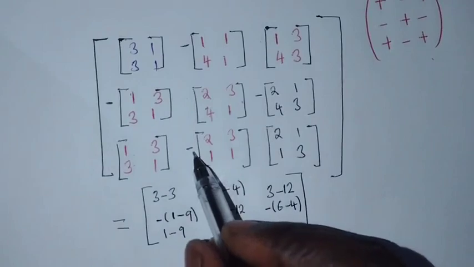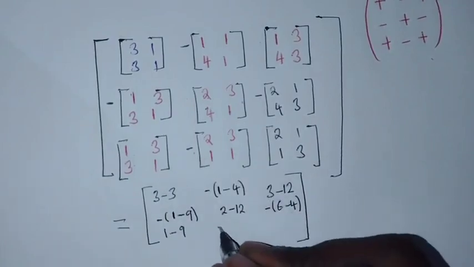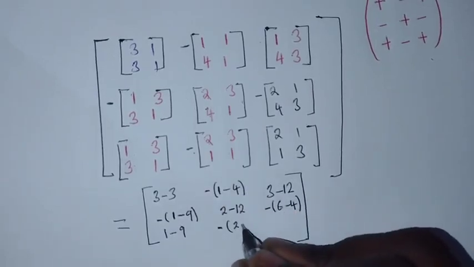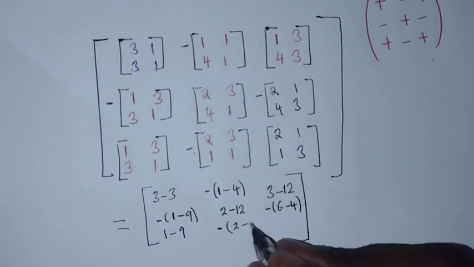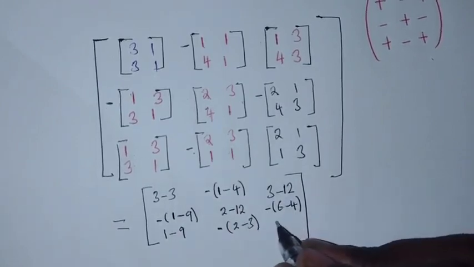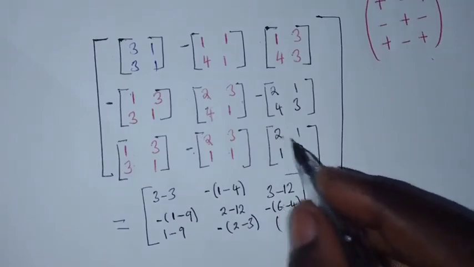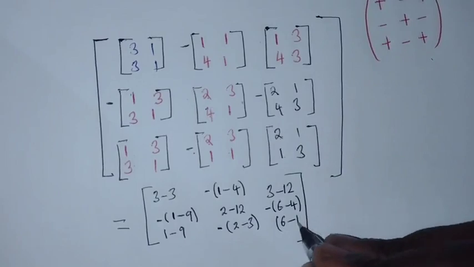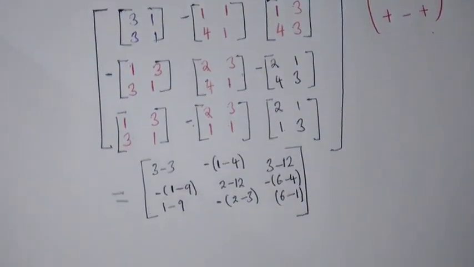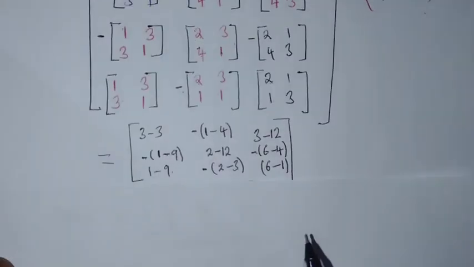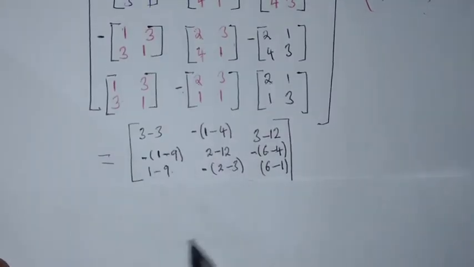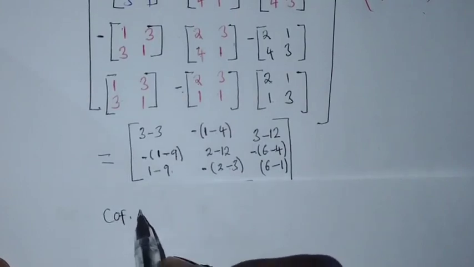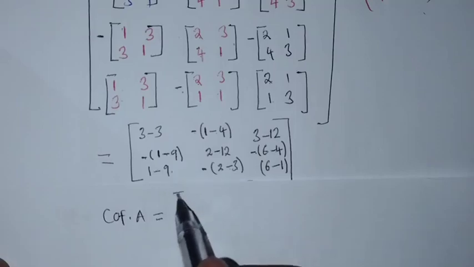There is a minus here, there is a minus here, so we put a minus in brackets. 2 times 1, it's a 2, minus 1 times 3, it's a 3. We are done. We come here, 2 times 3, it's a 6, minus 1 times 1, it's a 1. So you can see we are done here. Alright, so after coming up with this, we are now going to say cofactor of matrix A is equal to,